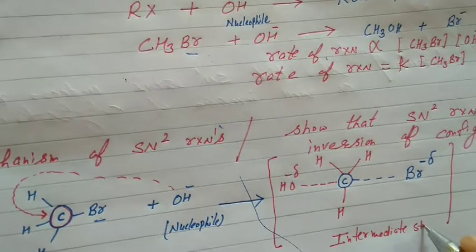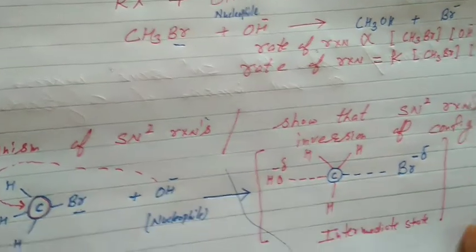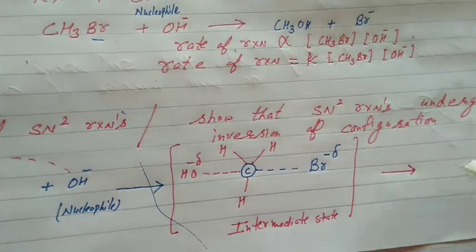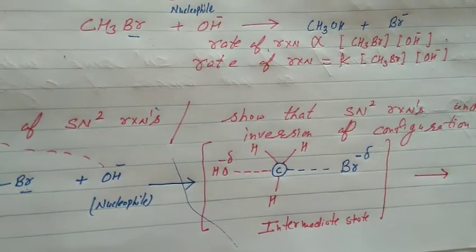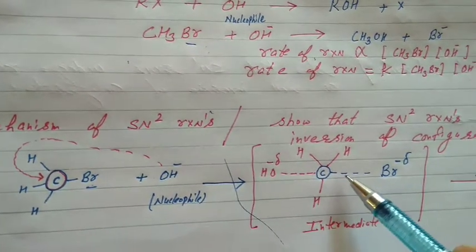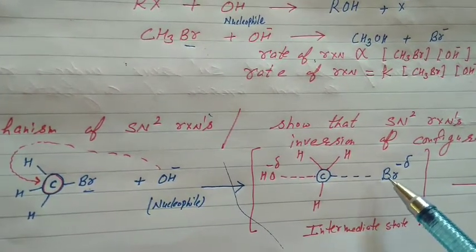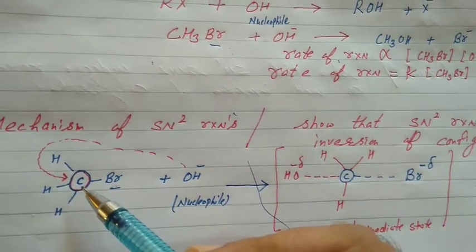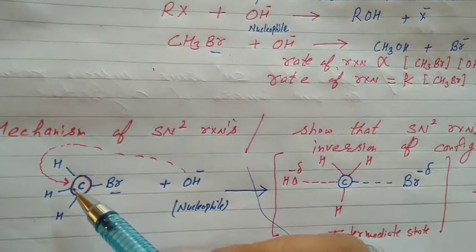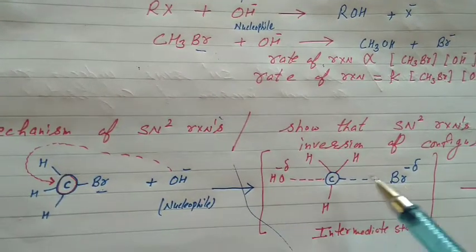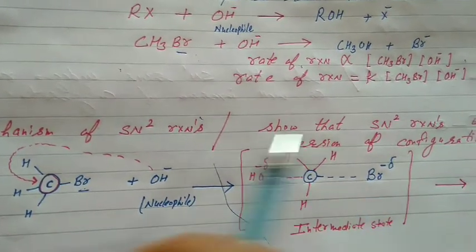Intermediate state. When intermediate state is formed, immediately what happens next? Reactants change to products. At first, again, the leaving group bond will start breaking. Halogen, being electronegative, withdraws electrons from the bond and the nucleophile will approach the alpha carbon. It will approach from the back side, because on the front side the electronegative halide ion is present. It's clear. It's the transition state.